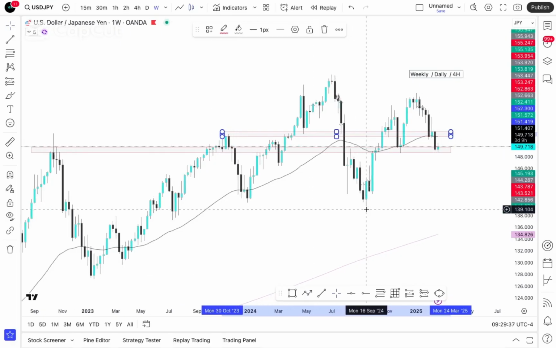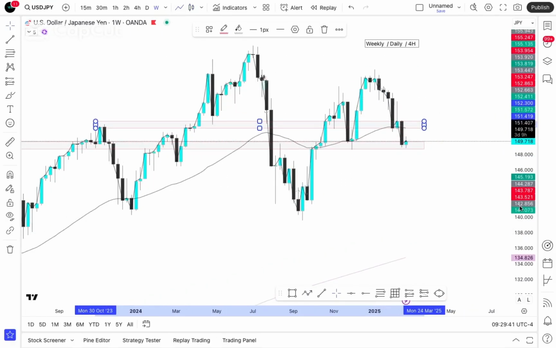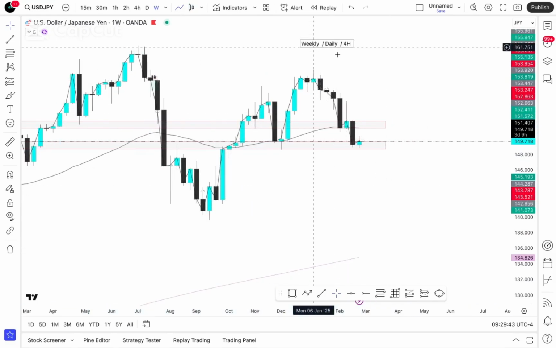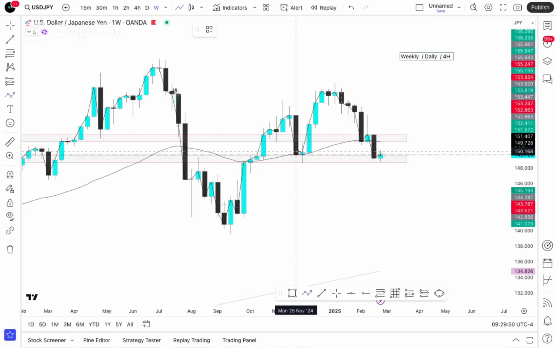So we are on the weekly. I always love to use the line chart. In that way, we can follow market structure better. As you can see, we were on a downtrend, then we started going to the upside, and now we're